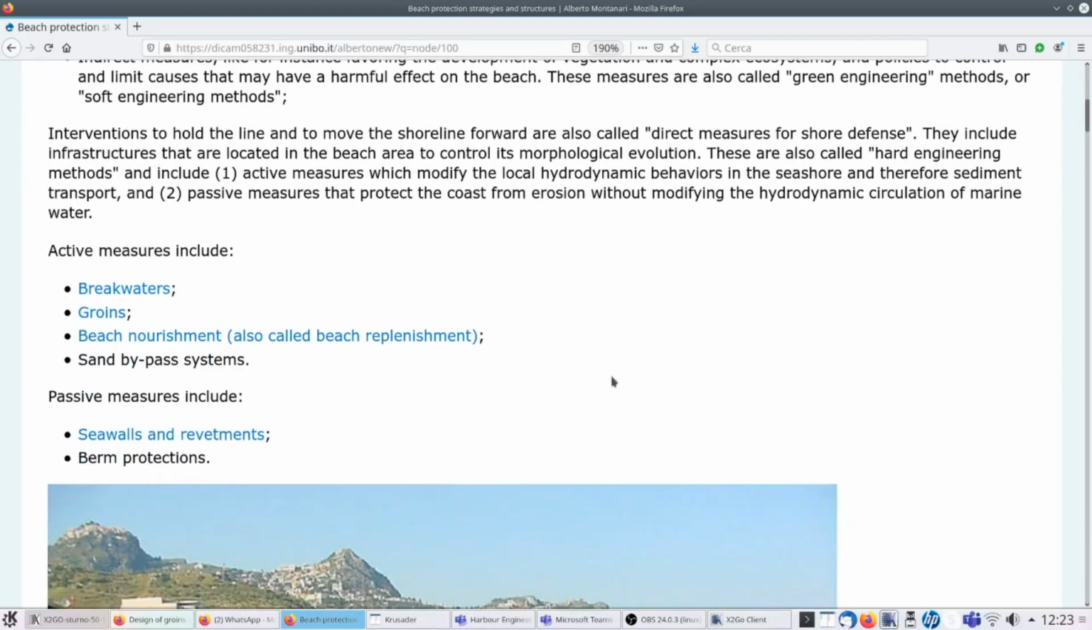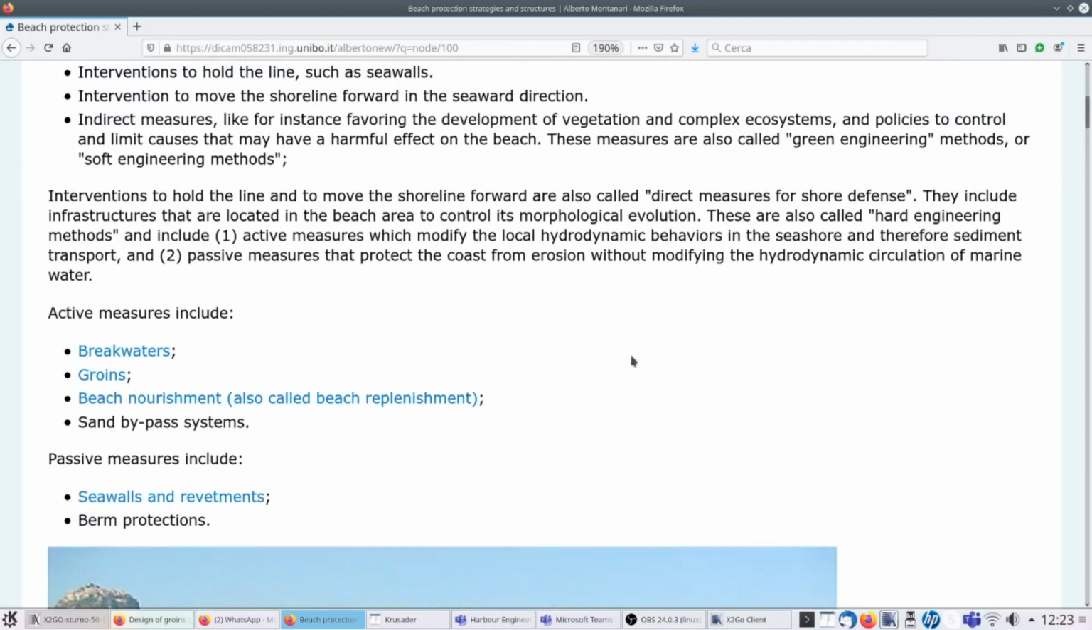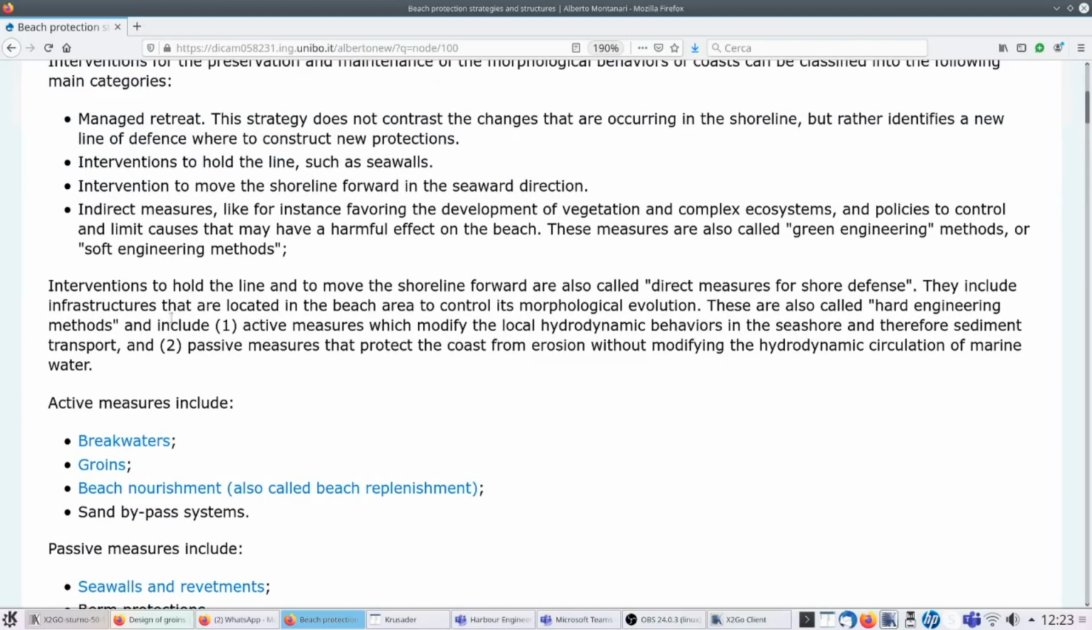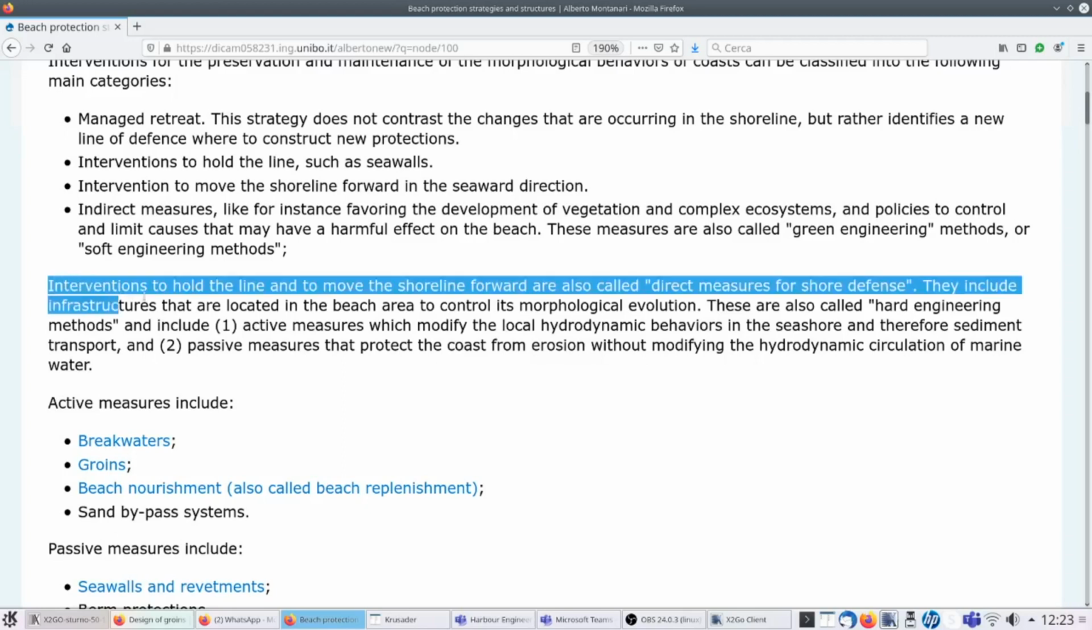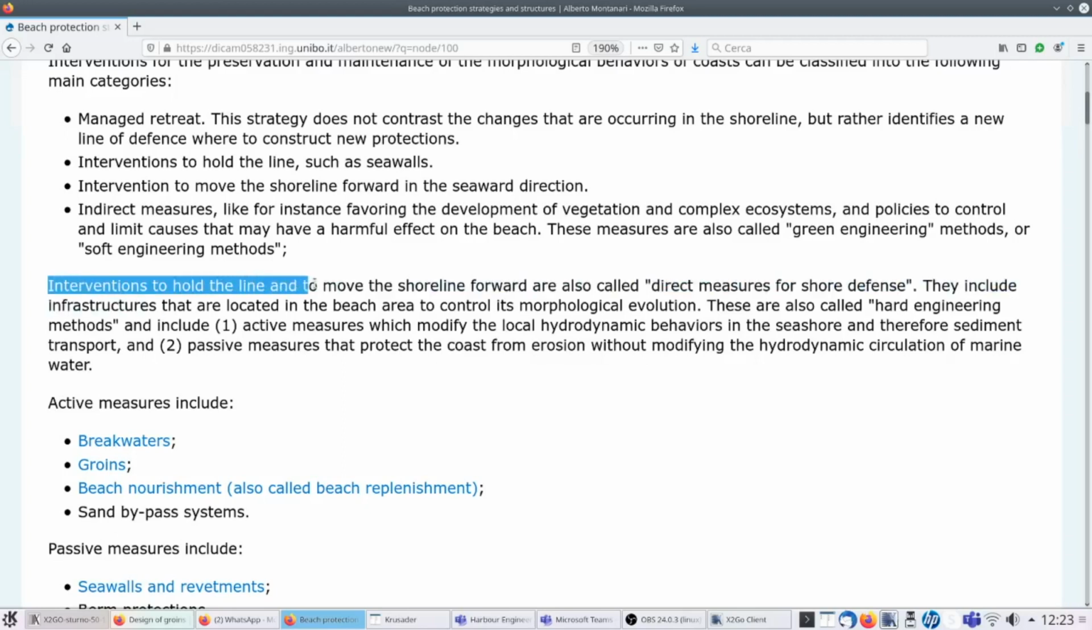Now, let's talk about, before I talk about active measures, let's clarify another classification. So interventions to hold the line and to move the shoreline forward are also called direct measures for shore defense. Direct because